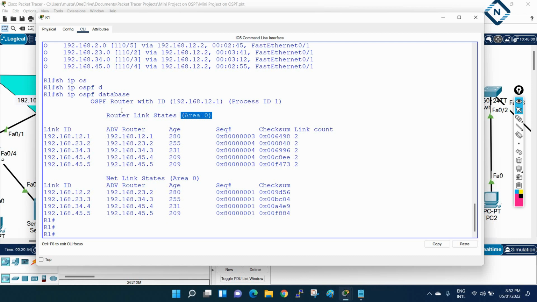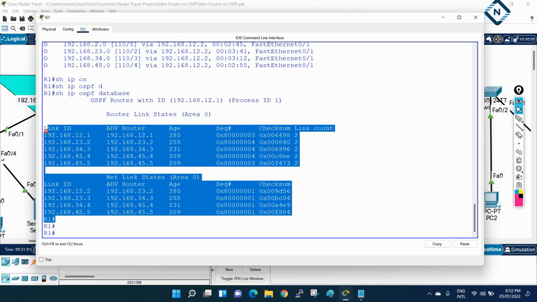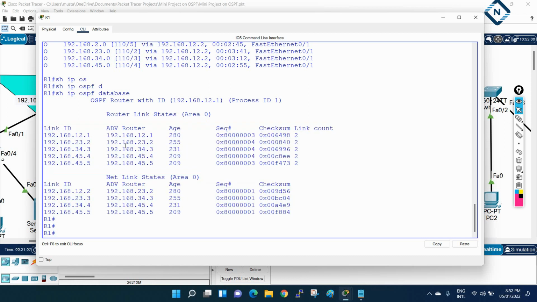This is area 0, this is an LSA1, this is an LSA2, network LSA. No need to worry. In CCNP ENCOR, we are going to get more detail.